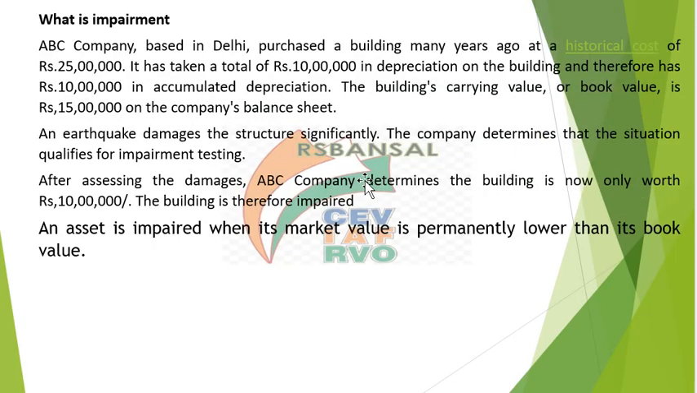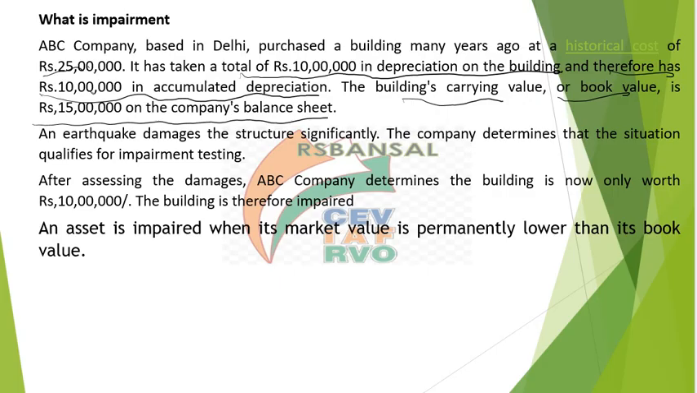Then what is impairment? So let us suppose ABC company based in Delhi purchased a building many years ago at a historical cost of 25 lakh. It has taken a total of 10 lakh in depreciation on the building, and therefore rupees 10 lakh is accumulated depreciation. So the building's carrying value or book value is 25 lakh minus 10 lakh, 15 lakh, which is the company's value